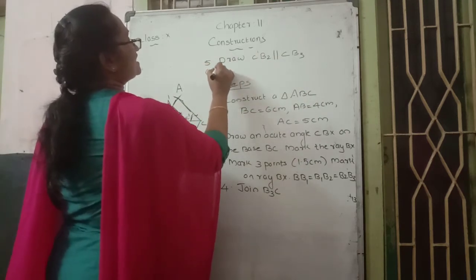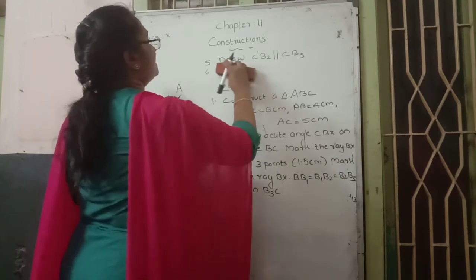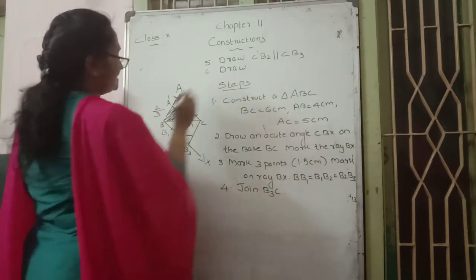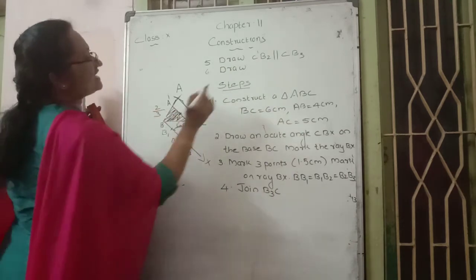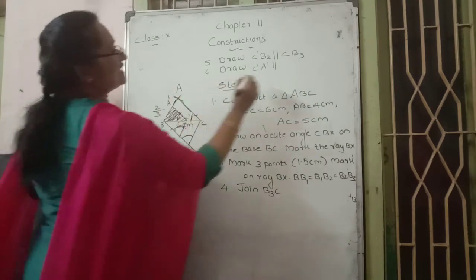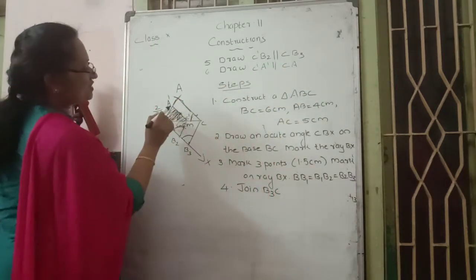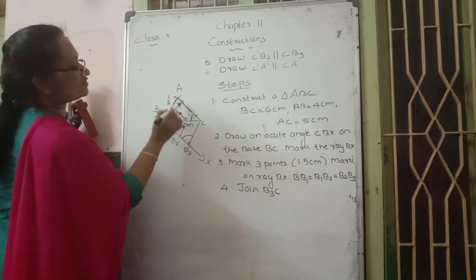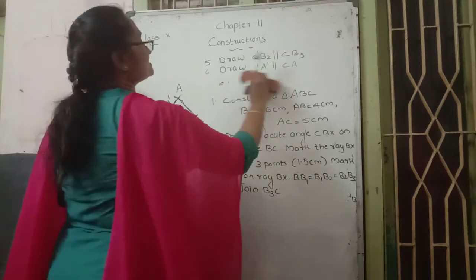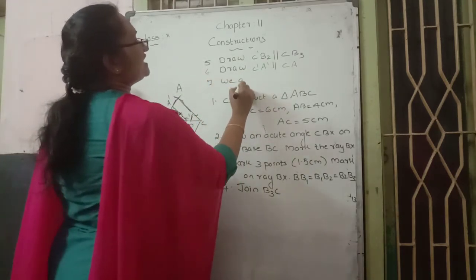Sixth point: in the same way, draw another one here also, C dash A dash parallel to CA. There also, at the top part, draw C dash A dash parallel to the AC line, or CA line. Then, seventh step: joining them, we get